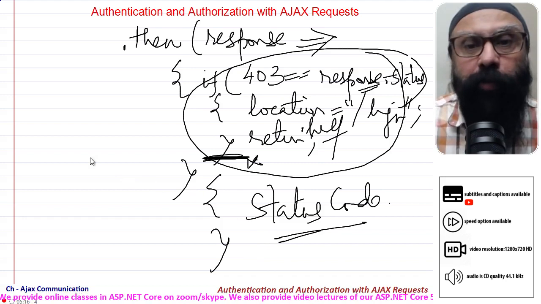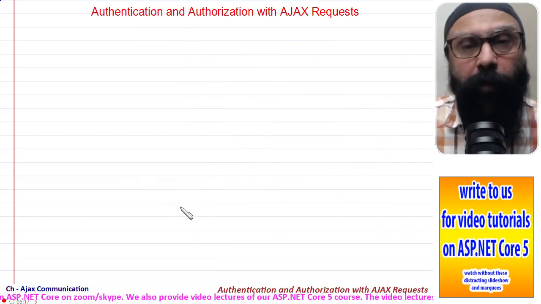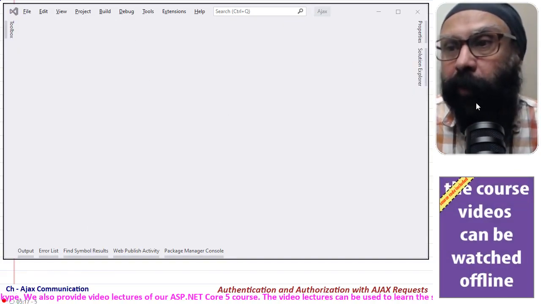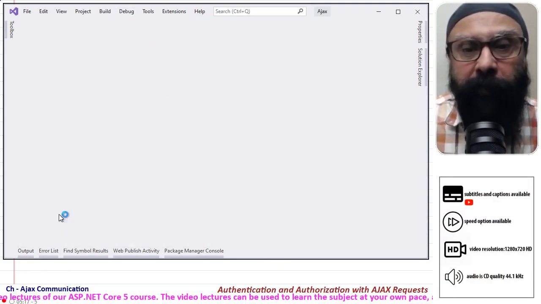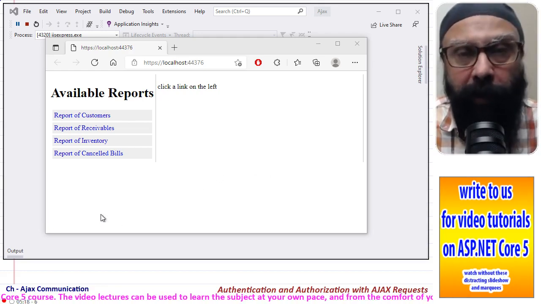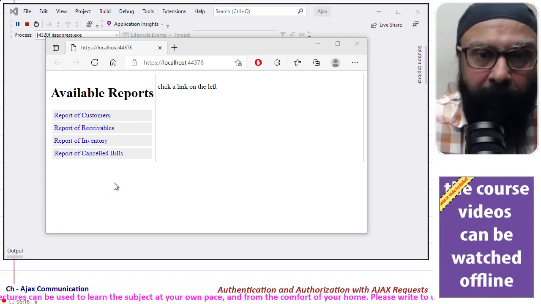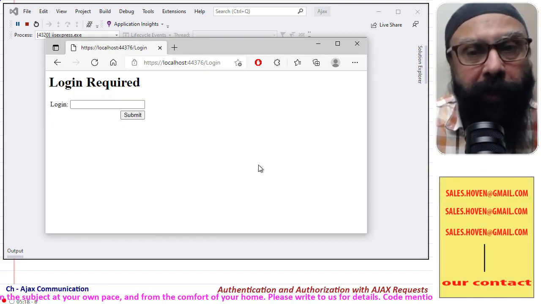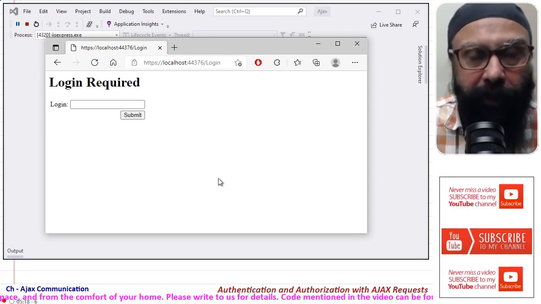And now let me show you a project that I have created. We will run that project and we will see how this project will actually work. So this is the project that I have created, and now we can first of all have a run of this project. This is the same project that we have done in the previous tutorial, but now we have added authentication. So when a user tries to click a report, let us say clicks on this report, then he is redirected to the login page because he is not in role, he is not authenticated.